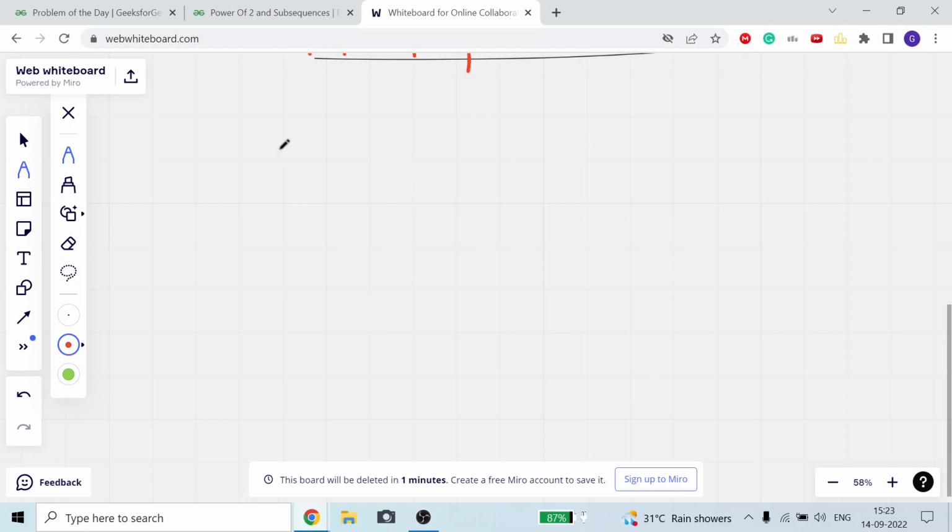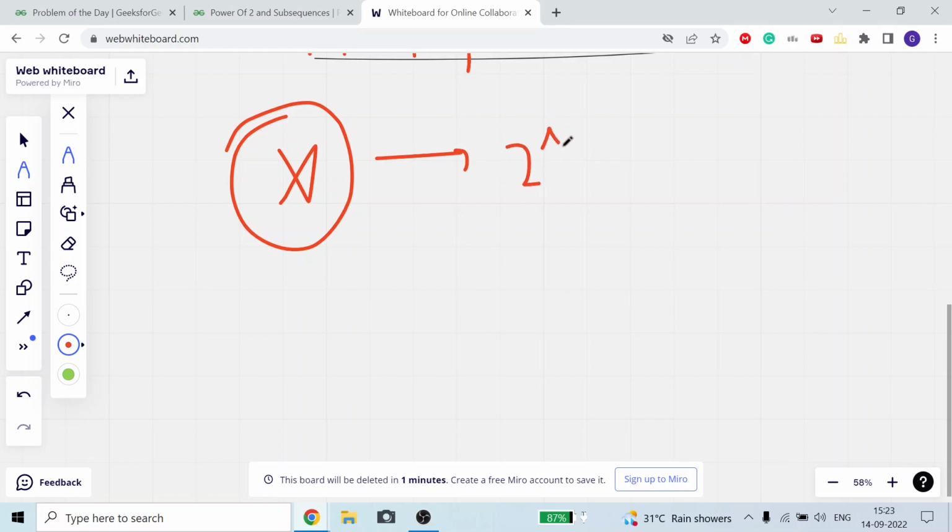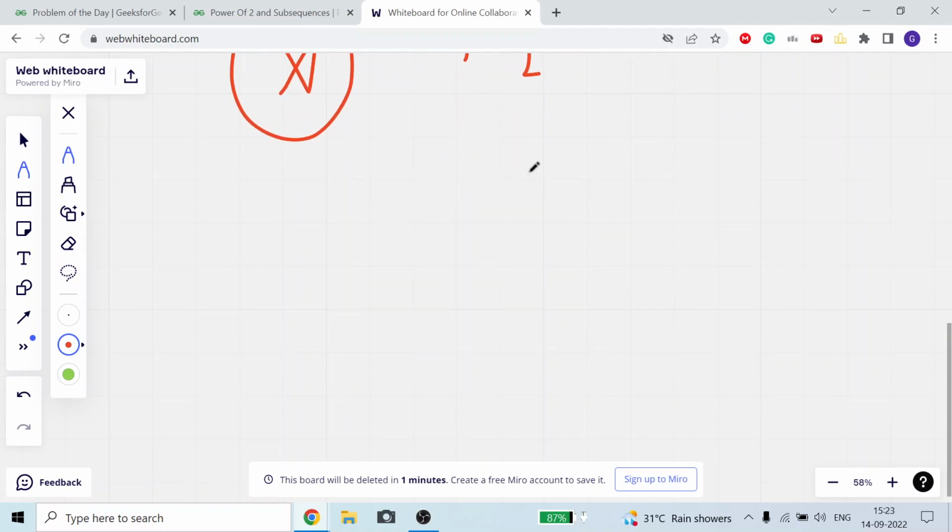Okay guys, suppose we have only one number x, a single number x. Now can one make a subsequence? Yes, but what is the condition? x should be a power of 2. Now, how will we check if x is a power of 2? A power of 2 means it has only a single set bit and all other bits are 0 when we represent the number in binary form. So this is 1, 2, 4, 8. This is the binary representation of the number 8.